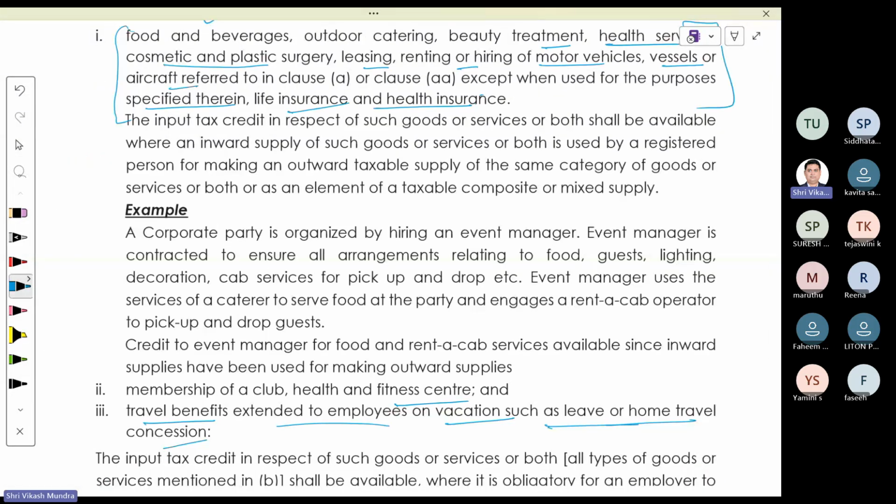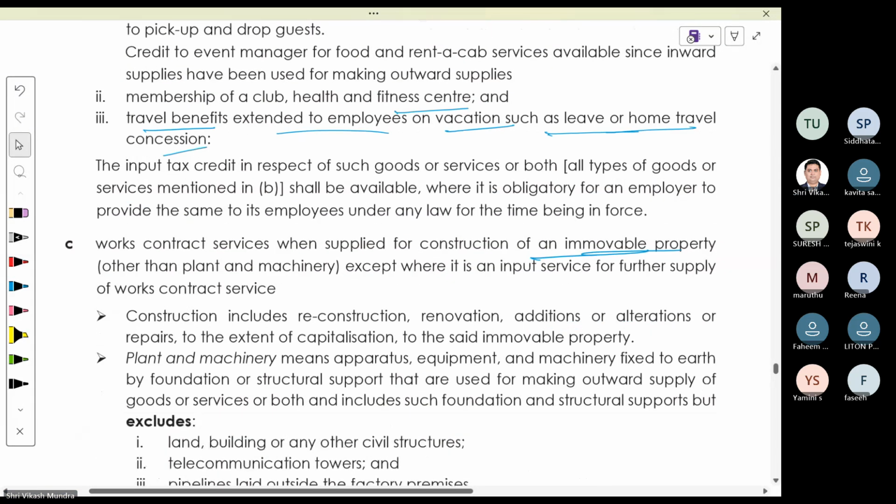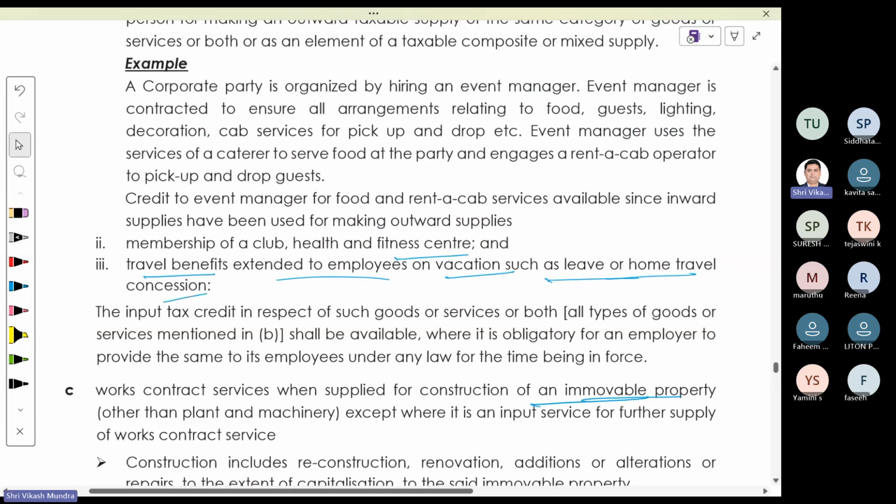If the employer is legally bound to provide these facilities to his employee, then ITC is available to the employer. Otherwise, ITC is not available. It is not enough that the contract between employer and employee suggests that this facility should be provided. No, it is not a legal obligation. It is your contractual obligation. Legal obligation is like the Factories Act. If as per the Factories Act, you are supposed to provide this facility to your employees, then I have a legal obligation